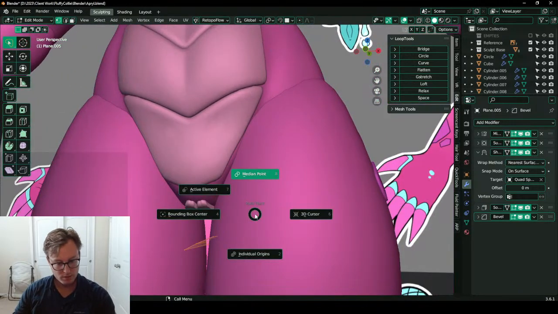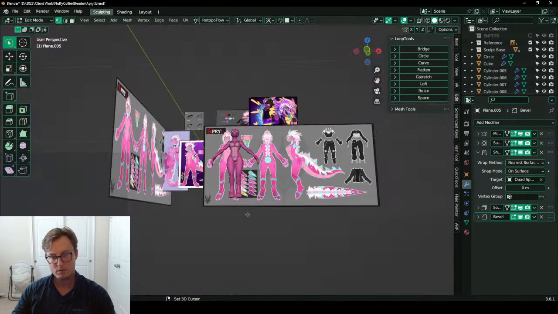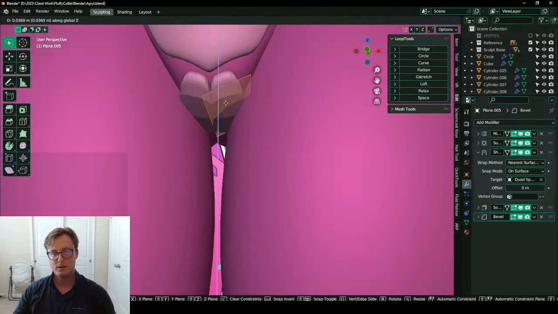Excuse the view. I'm making scales. Okay, calm down.